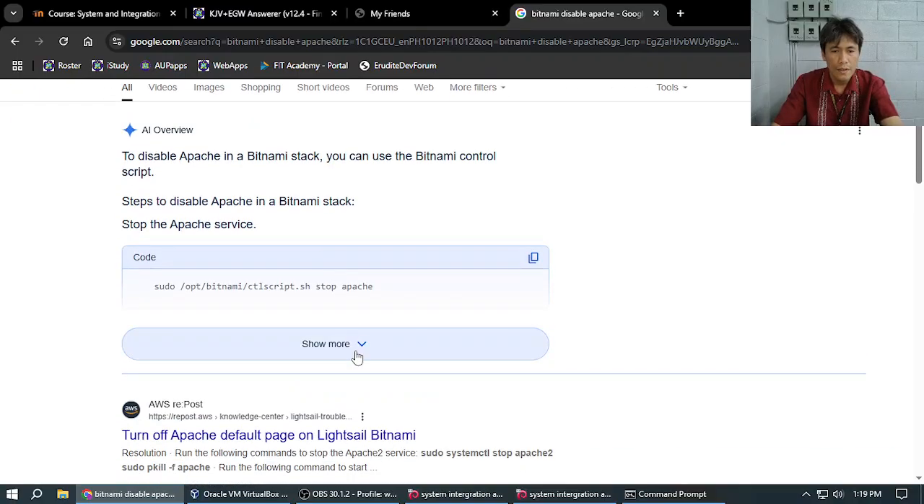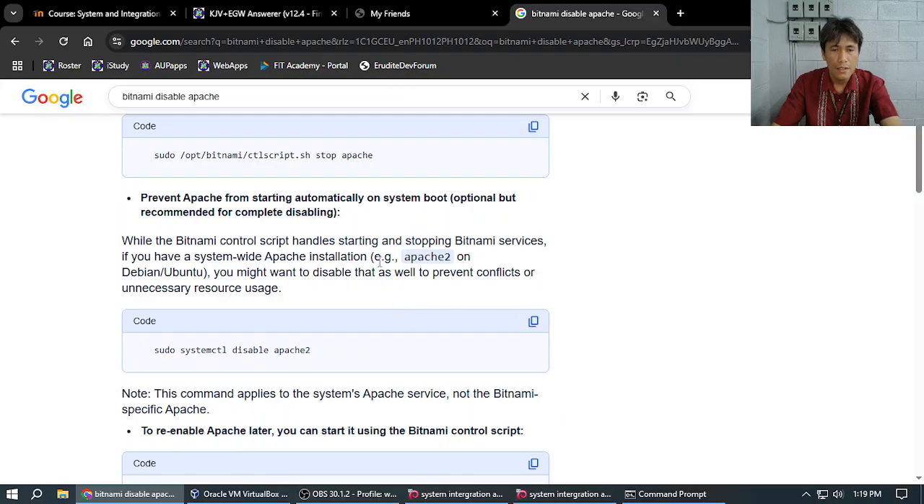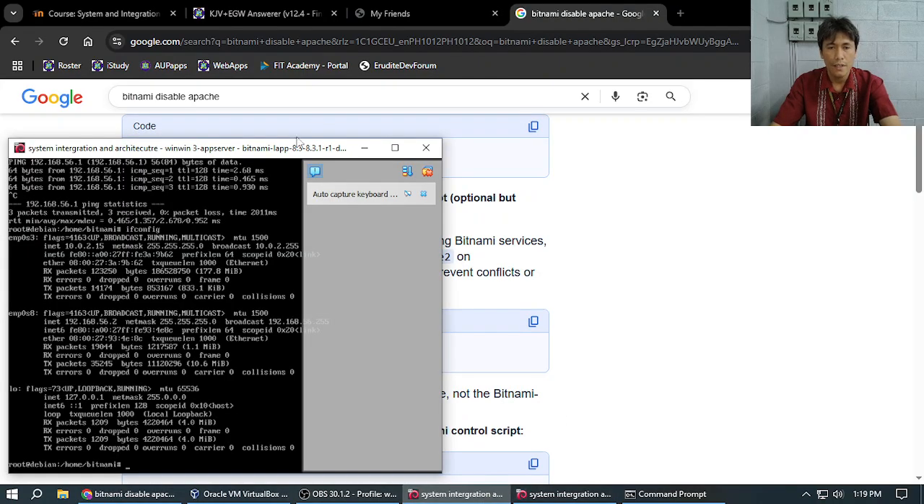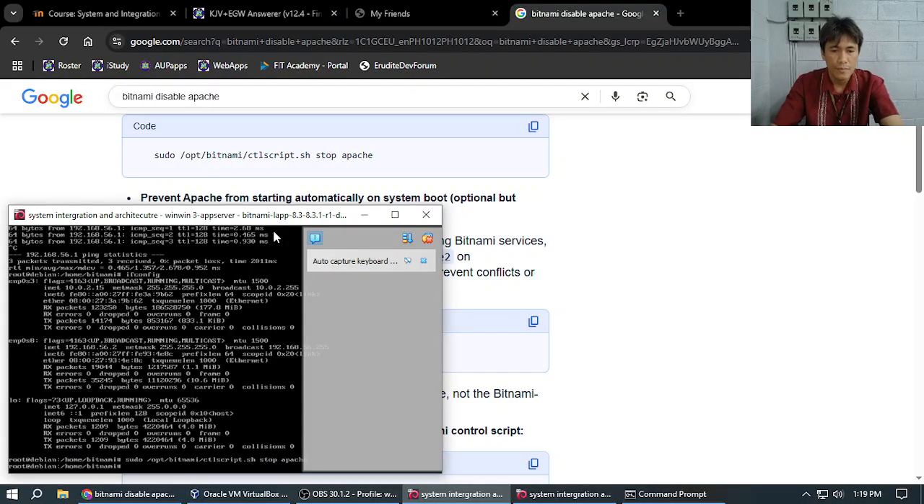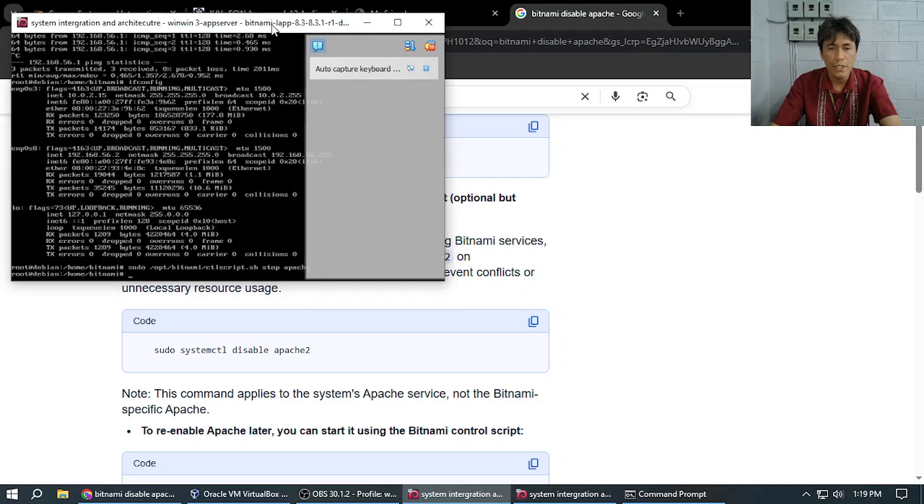Okay. It says here sudo. I think we can just copy this. Sudo /opt/bitnami/ctlscript stop Apache. Okay. And to disable it,